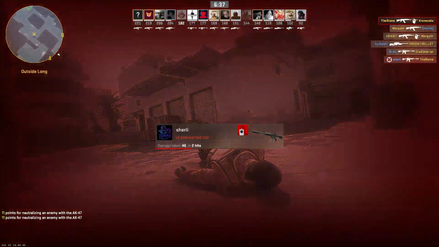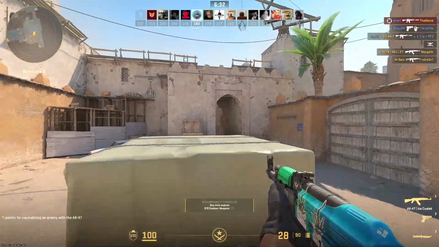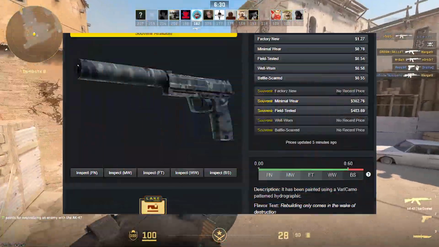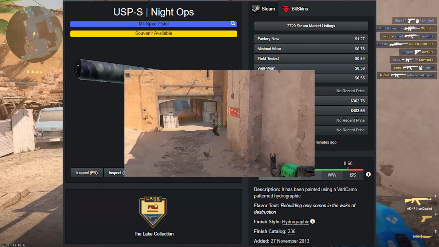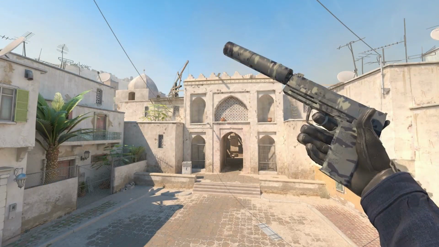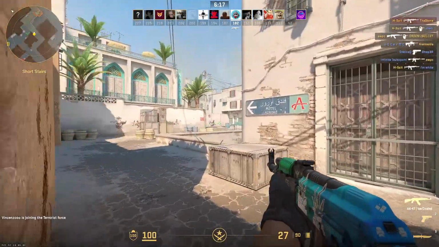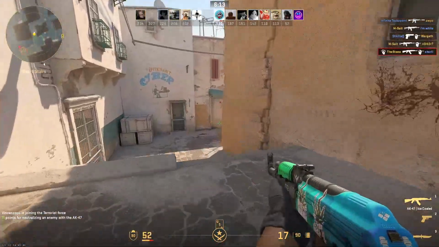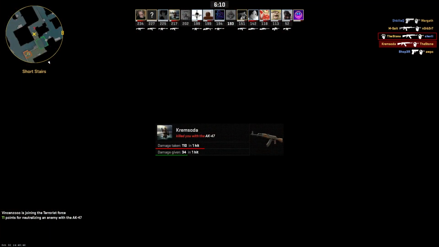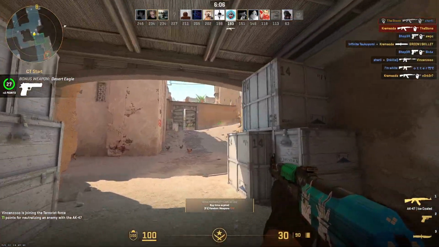And for the opposing side, now we're gonna jump into the USP-S investments, and the low tier USP-S investment is gonna be the Night Ops coming from the Lake Collection. This is a great trade-up filler skin, very cheap, coming in at $1.20 for a factory new USP-S Night Ops, so I would definitely opt in on getting this, and it's also a pretty decent looking, I'm not gonna say it's the best looking, no way, shape or form is it the best looking, but a pretty decent looking USP-S